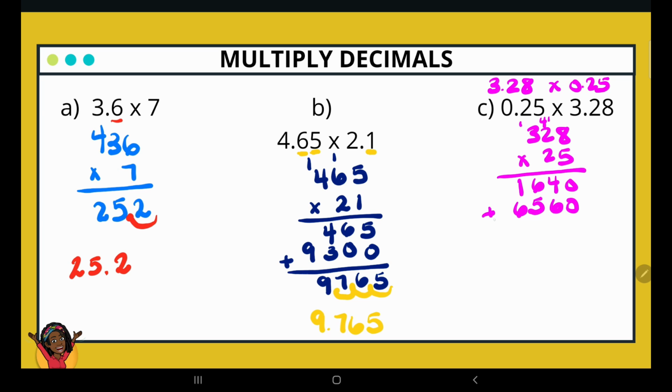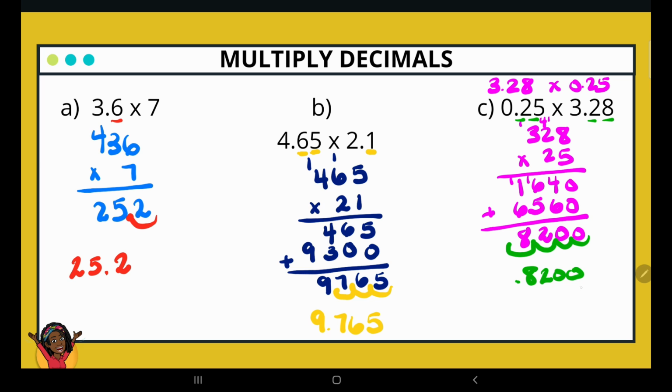Now we go ahead and add those numbers. 0 plus 0 is 0. 4 plus 6 is 10. Carry that 1. 5 plus 6 is 11 plus 1 is 12. 6 plus 1 is 7 plus 1 is 8. Let's count the number of decimal places. So in the first number we have 1, 2. In the second number we have 1, 2. So that's a total of 4. So we're going to move 4 places. 1, 2, 3, 4. So that gives us a final answer of